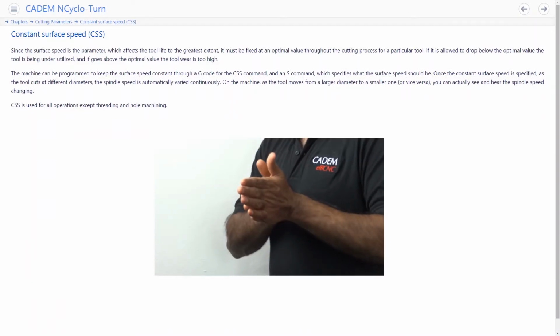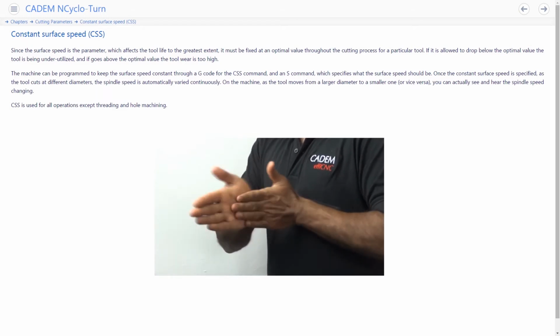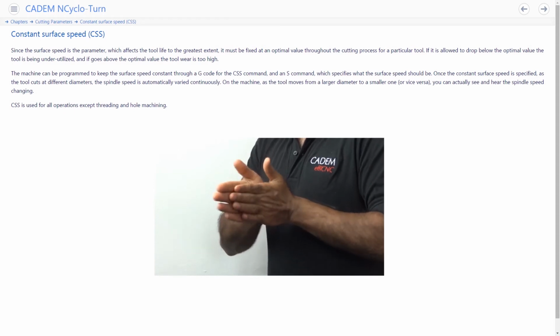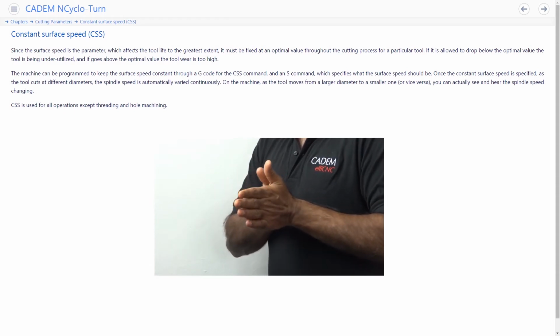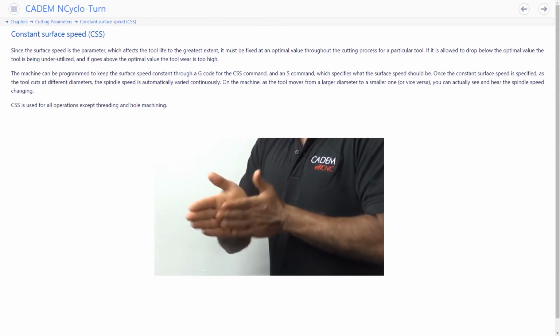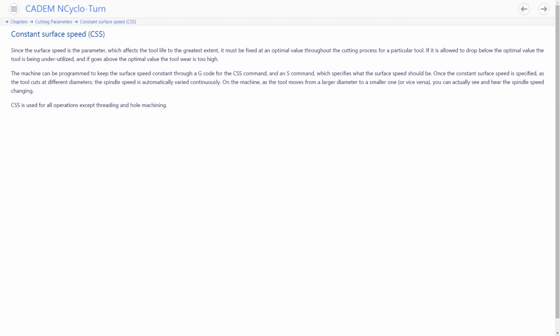When you rub your palms together fast, you'll notice that they get heated up. And we actually do this to get warm when we're feeling cold. This is because of friction. And the faster you rub your palms, the hotter they get. Basically, the higher the relative linear speed between your palms, the higher the heat generation.